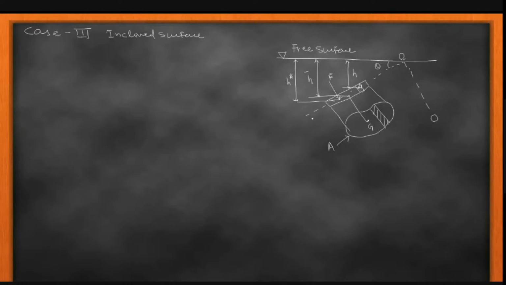But now we are not taking H star, H cut and H directly. Instead of that, we are taking the reference line OO dash, or OO. So we need to consider the distance from this surface. Let's say I'm taking this distance as Y. The distance of the CG from this reference line is Y cut. And third, I'm taking a projection over here. It is my P, called the center of pressure. This distance from the reference line, with the same nomenclature, is Y star. This is my reference line OO.